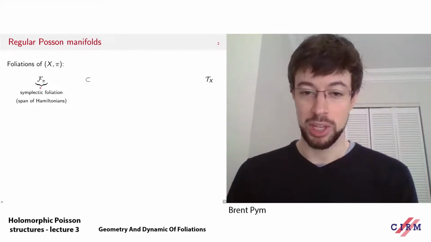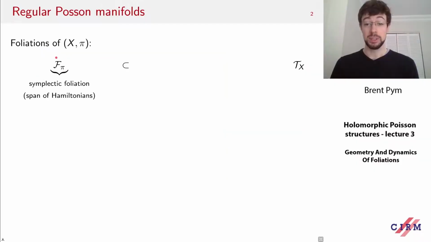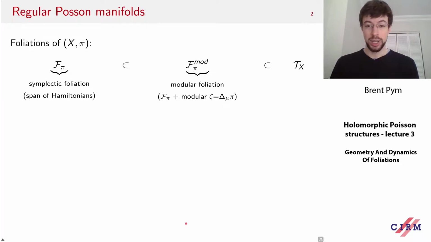So it gives a subsheaf in the tangent sheaf, which is spanned by the Hamiltonian vector fields. And a key feature of this foliation is that all of its leaves carry a holomorphic symplectic form. And at the end of the previous lecture, I also mentioned that there was an additional foliation present, which you get by taking the symplectic foliation and adding one more vector field as a generator. This is the so-called modular vector field, which acts like a kind of divergence of the Poisson tensor in local